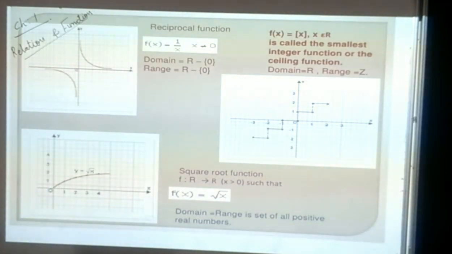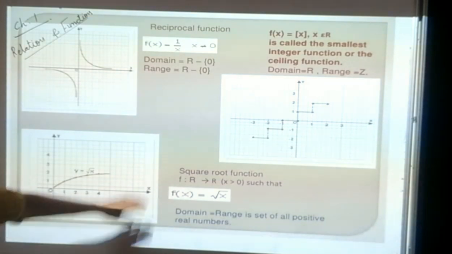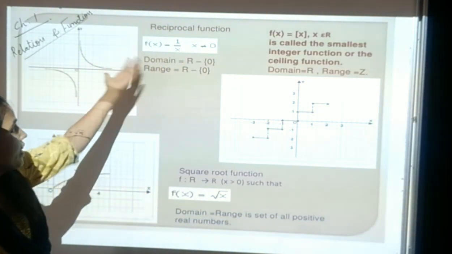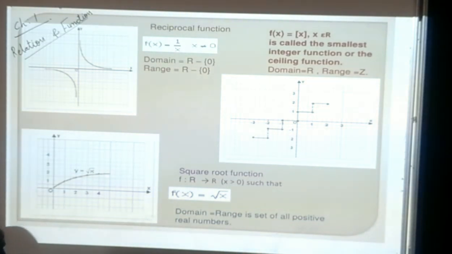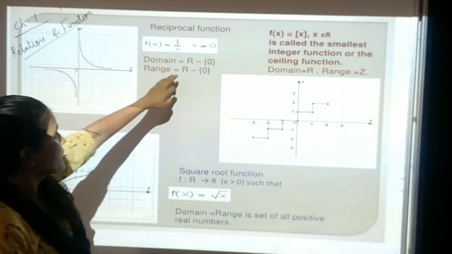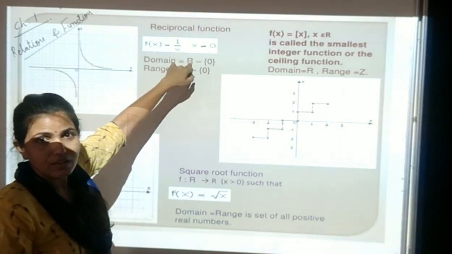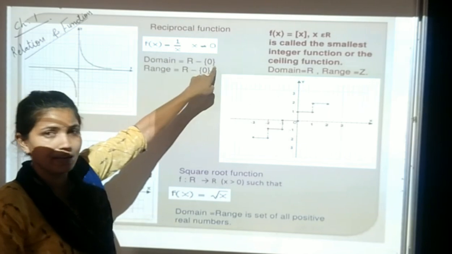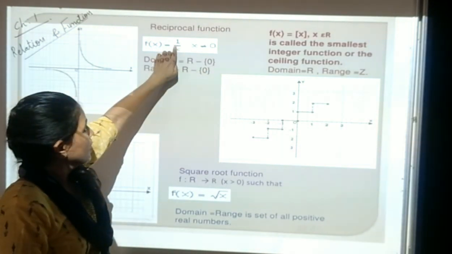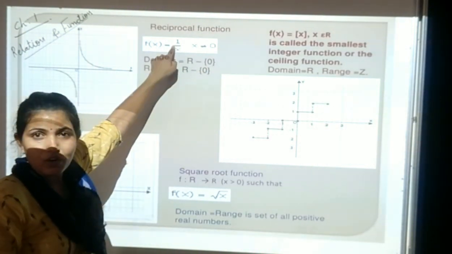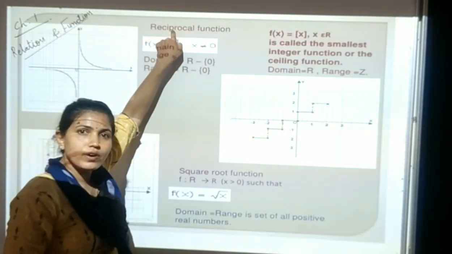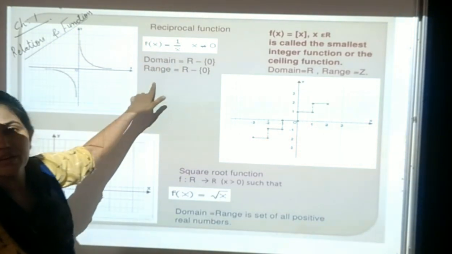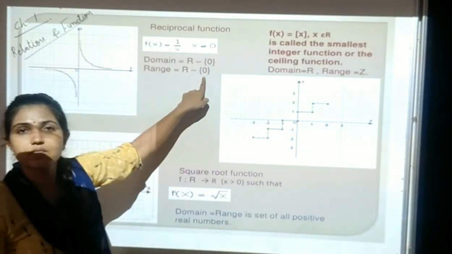Next, types of the function, further we are continuing. There is a reciprocal function. Here the reciprocal function is f of x equals 1 upon x, and here the domain and range are defined. We have seen this in the previous class, so just recalling it. Its domain will obviously be R minus 0, since 1 upon x is not defined for 0. And as the numerator is not equal to 0, the answer will not equal 0, therefore its range is also R minus 0.